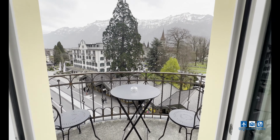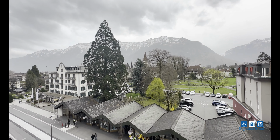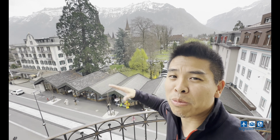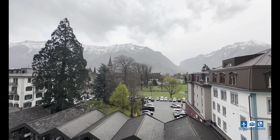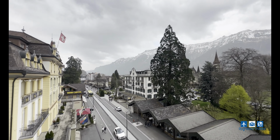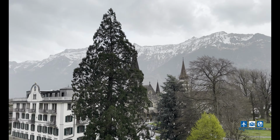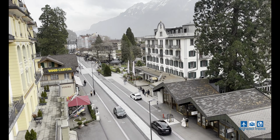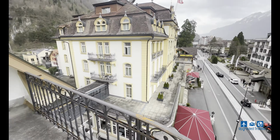Look at that. Right from our balcony. That's so cool. Take a good look. Wow, look at that. That's just amazing. Amazing. This view is priceless, really. And down here is the main street of Interlaken. Very nice. And we've got a nice wraparound